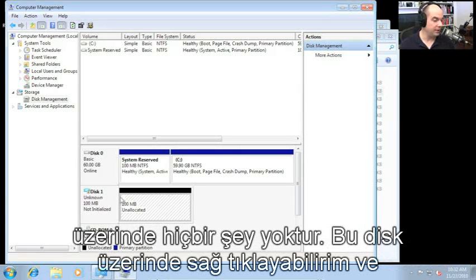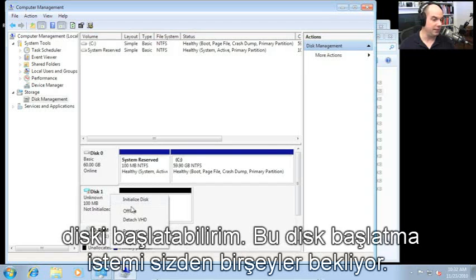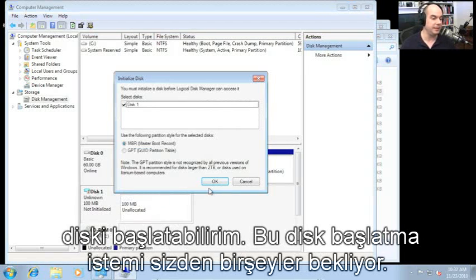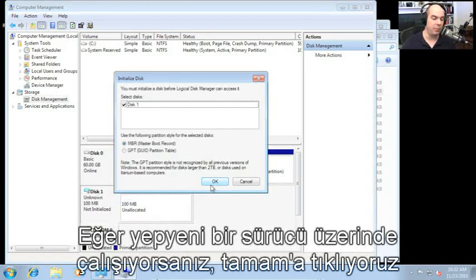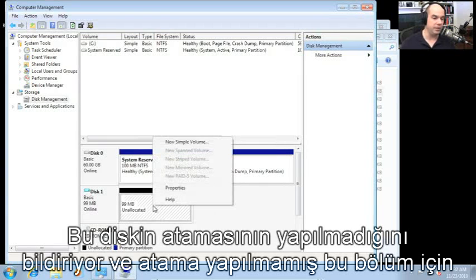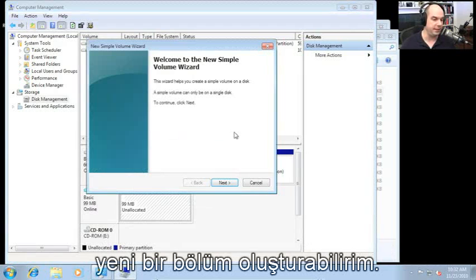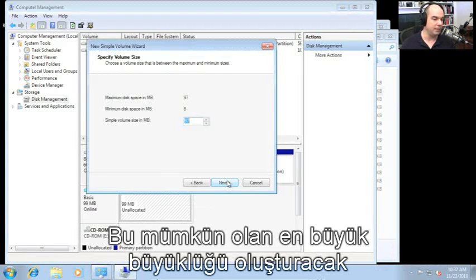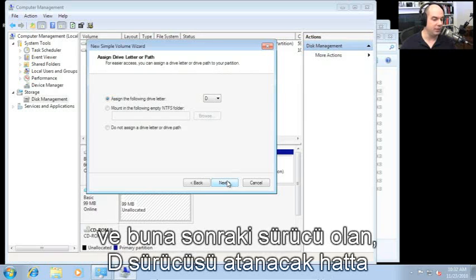I can right mouse click on disk 1 and initialize the disk. And these are the things that you would expect to see if you are working with a brand new hard drive. I'm going to click OK, and it says that this disk has been unallocated. I can create a new simple volume. I can partition this disk, and we'll create the maximum size, and we'll assign it the next drive letter in,